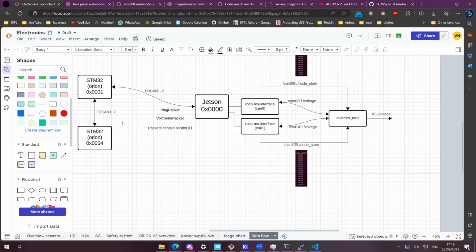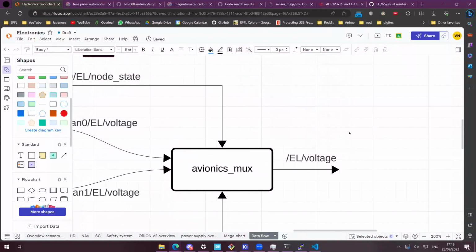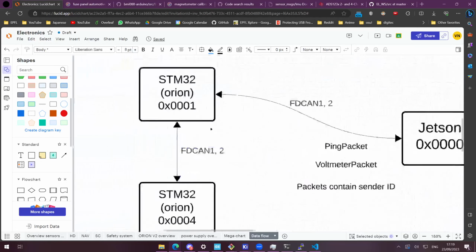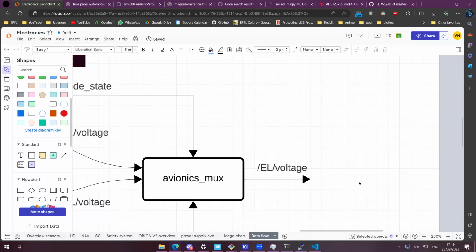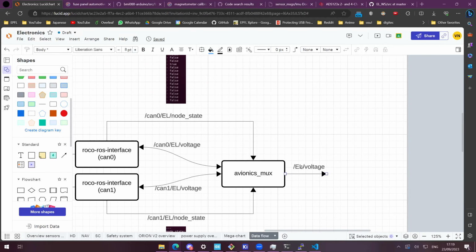So this was just one way from the microcontroller to the Jetson, but the other way around is very similar. I didn't do the schematic here, but the other way is very similar. Let's say that you have some kind of request that you want to do from the Jetson to the microcontroller. So what you will do is you will publish a message on the topic that you want to send to the microcontroller. It could be, for example, some configuration request or, for example, to rotate a servo, as we've seen before. So we would have a topic whose name is, for example,